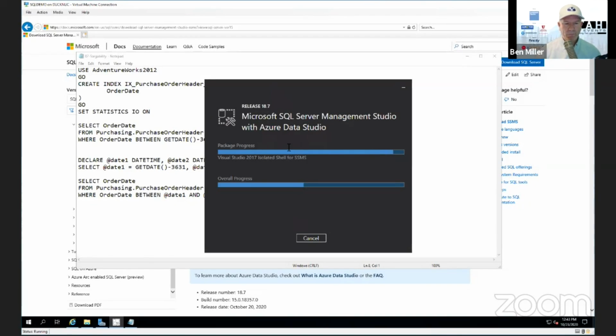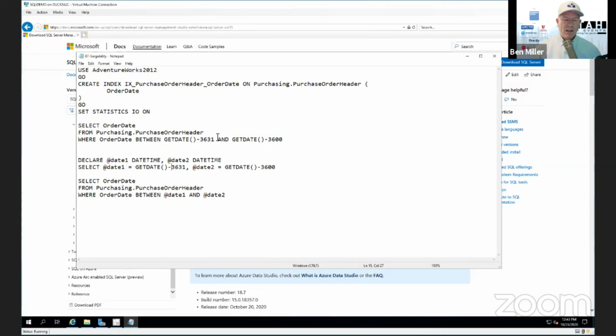I thought it was only in preview, but we'll walk through this and then we'll run it. We're going to set statistics IO on because we want to see how many reads we do for this table. There's a Purchasing schema and a PurchaseOrderHeader table. I'm using two-part naming, and I'm just going to select OrderDate where the order date is between GETDATE minus 3631 and GETDATE minus 3600. So that's 30 or 31 days of data